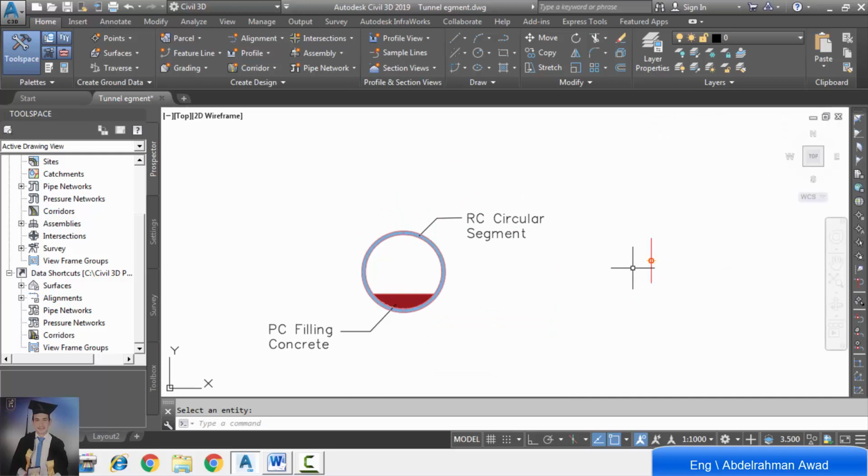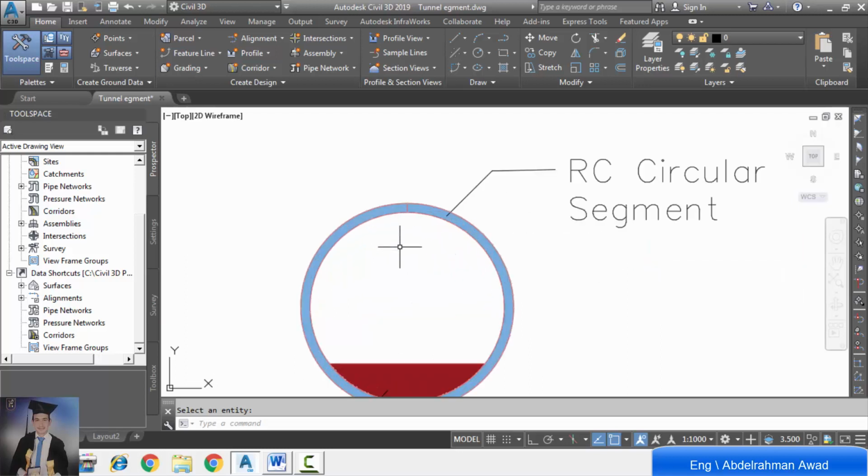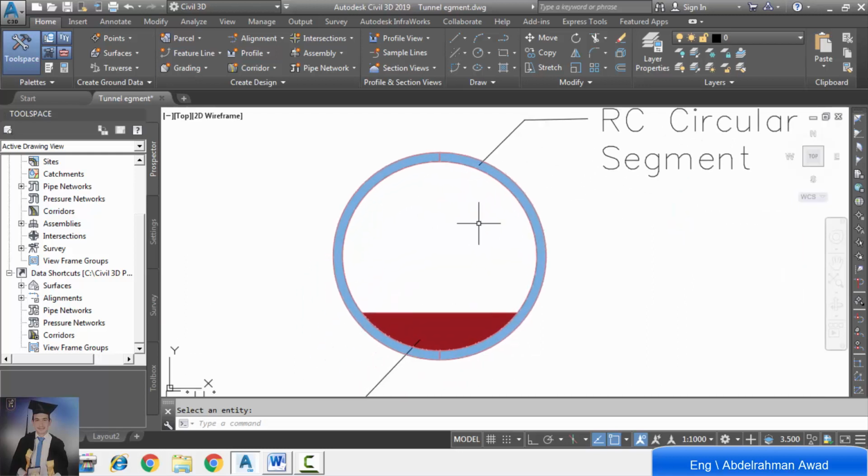So we should modify the origin of each sub-assembly to the circle center line. We will modify the origin of each sub-assembly to the circle origin to add it correctly to the main assembly.